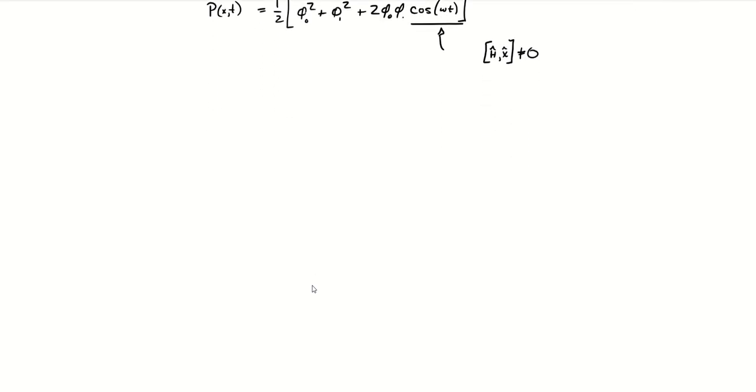So what else can we look at? Let's look at, say, the expectation value of the position as a function of time. We know that this is equal to the bra times the x operator on the ket. One of the ways we've done this in the past is to put this in the position representation, integrating over all space the complex conjugate of our wave function as a function of time, times the x operator in position space, times the wave function as a function of position and time, integrated over all space.